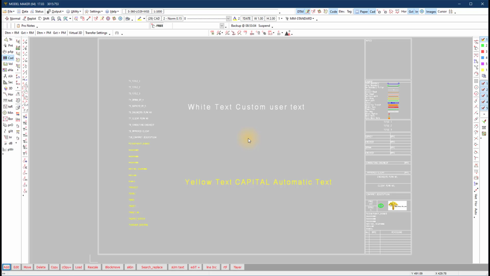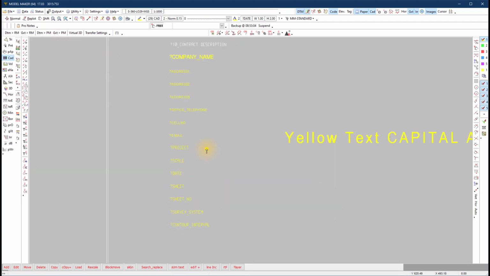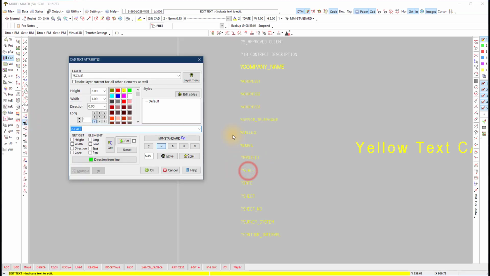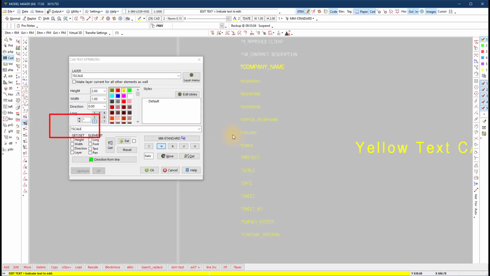The yellow text already contains all the standard user-defined layer names that automatically use the program and computer information. Let us look at how to use the automatic text. These are all the yellow text with layer names starting with a question mark, like question mark scale, etc. Note the text will be capital text. On the bottom, the text that I typed in the text line shows which text it represents on the CAD. If you want to use it, delete this text and replace it with the appropriate prefix.